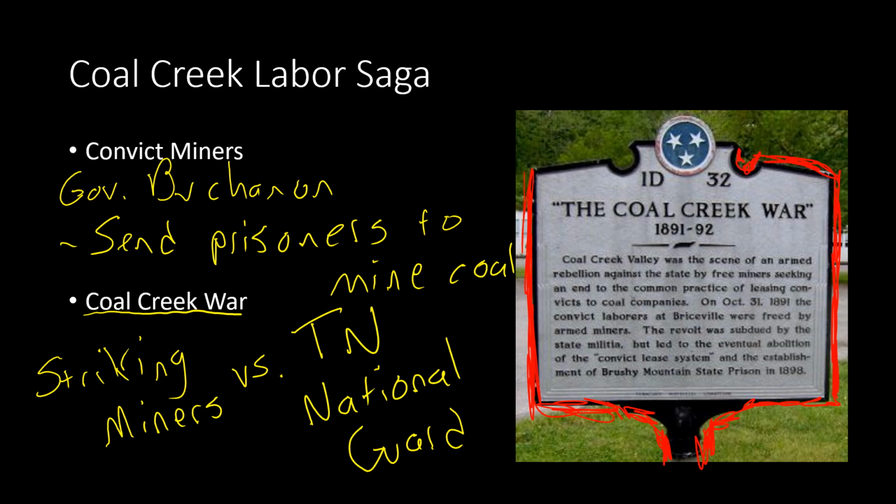And most strikes during this time period, guys, do not have happy endings, meaning the strikers very rarely get what they wanted. And so eventually the coal miners have to go back to work, and they don't get to hire their own check weighman, and their only alternative is to let their family starve. So it was really, you either go back to work with less rights, or your family starves. And they ended up choosing to let their families have food, even though they didn't have as good of rights. But that's kind of how most of these strikes, like we said, would go during this time period. So that's the Coal Creek Labor Saga. Great example of prison convicts being sent in, and a strike that ultimately was unsuccessful.